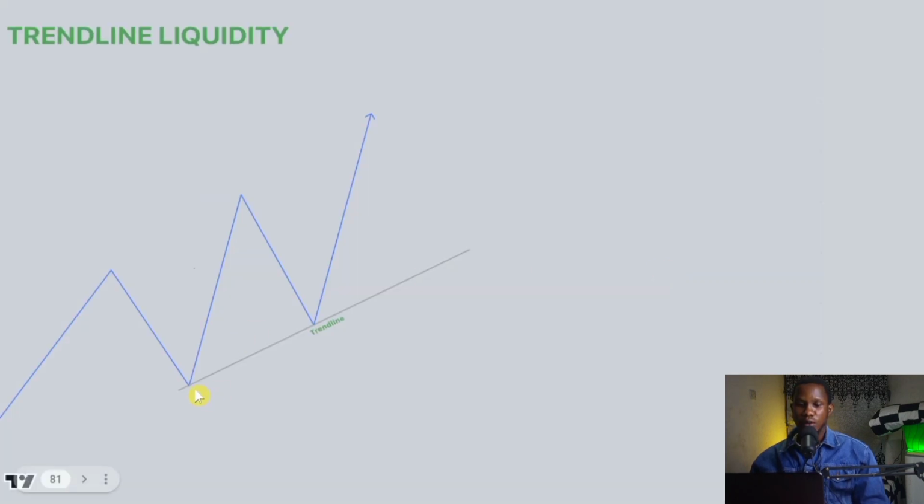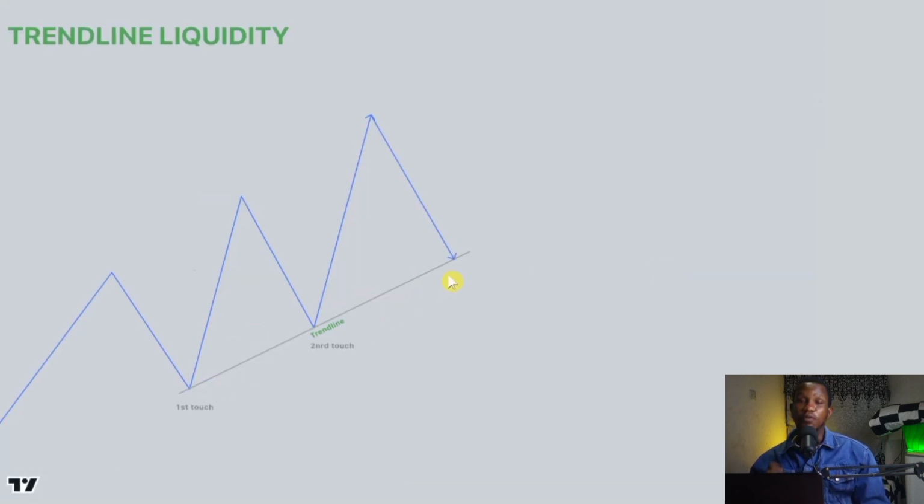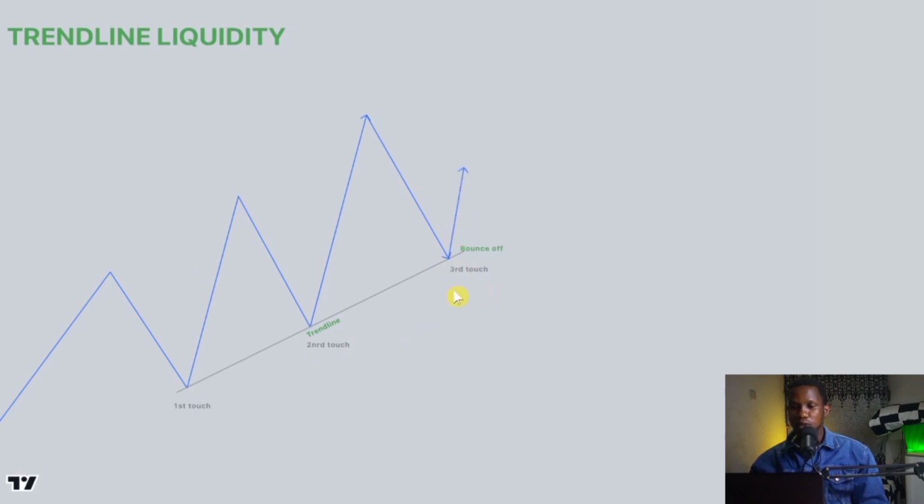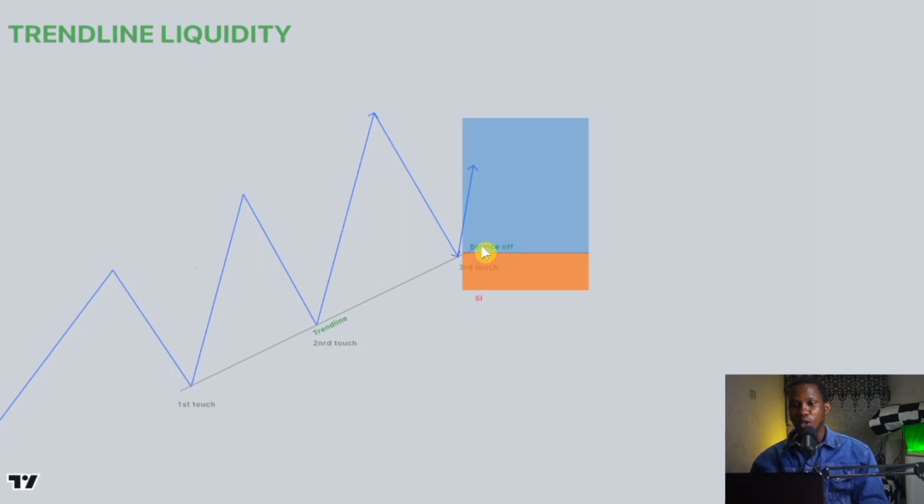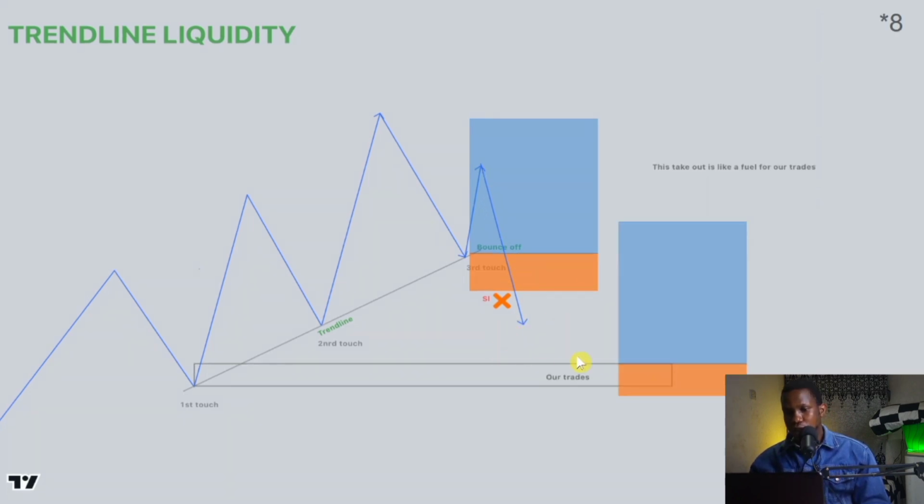So this is what I mean by trendline liquidity. Retail traders wait for what we call a trendline: a first touch, a second touch, and they believe that on the third touch the market will bounce off of it. Traditionally this worked, but currently it doesn't work in the market. What will happen is they'll try to buy with a stop loss below here, and finally the market will take them out. So that is what we wait for in the market, a trendline liquidity,